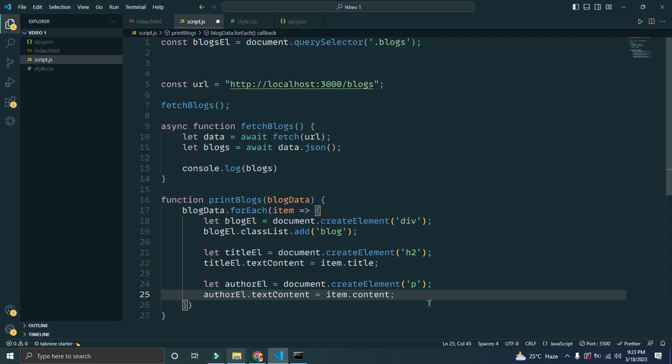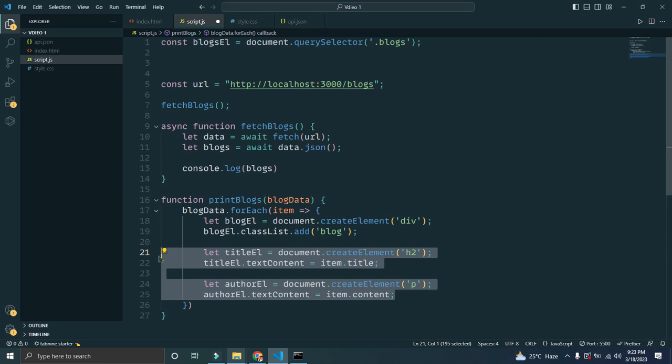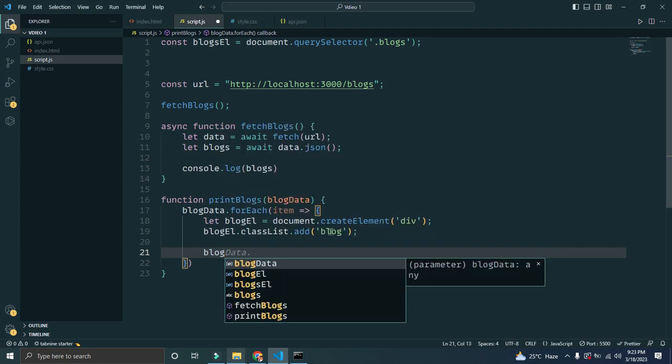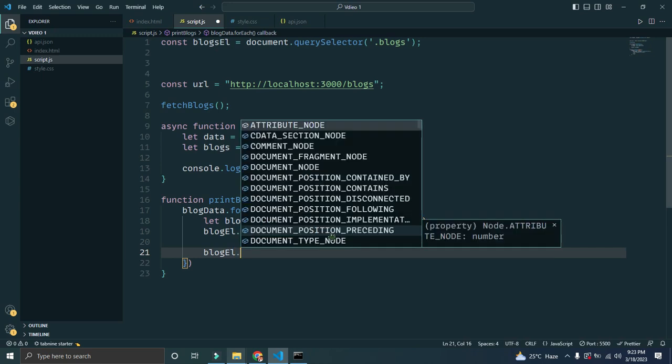Okay, why am I putting in so much effort? Do I really need to do that? No, I don't, because I will have to append those elements in the blog. Even this is the real way, and we should be doing it in the proper way. But what I would like to do is blogElement.innerHTML